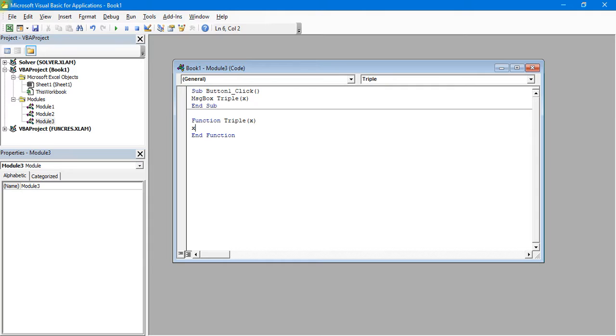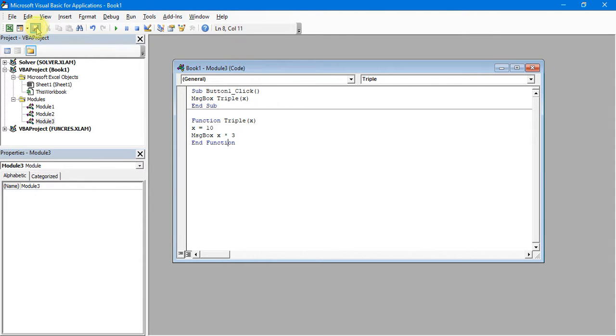In that function we will write x equal to 10, and in the message box we will display x into 3, whatever the value is. Okay, so we'll display it inside the message box. So this is how we do this.